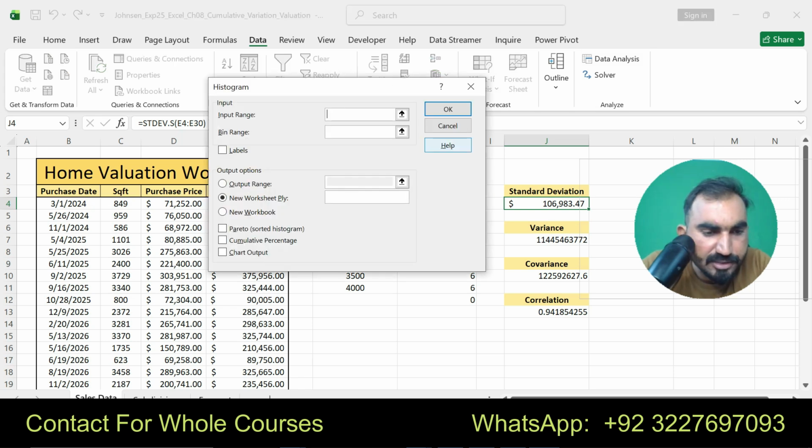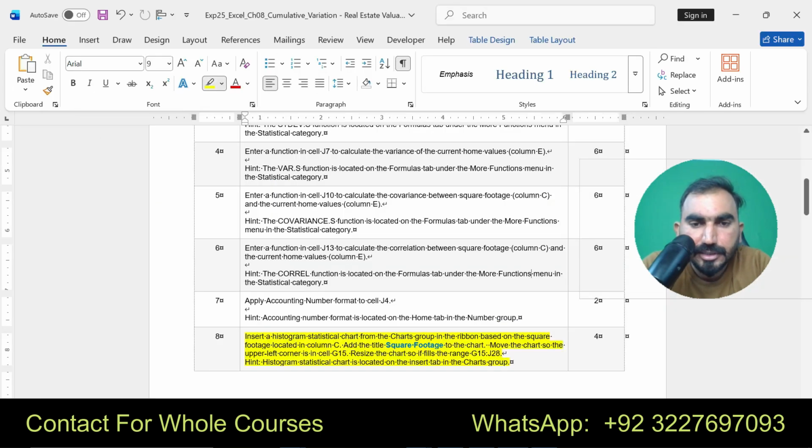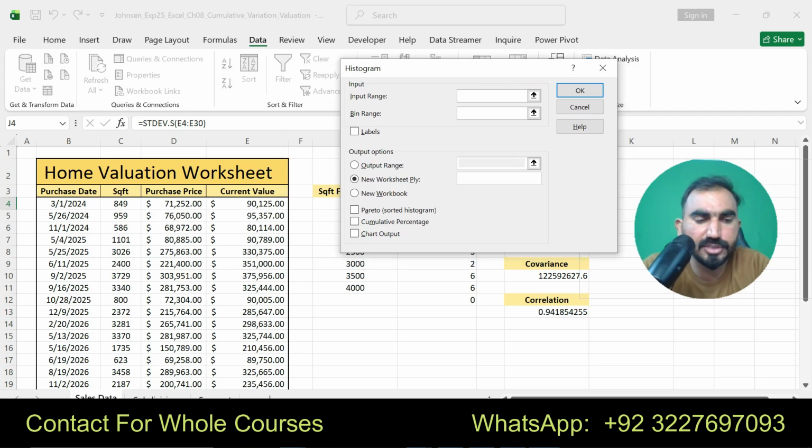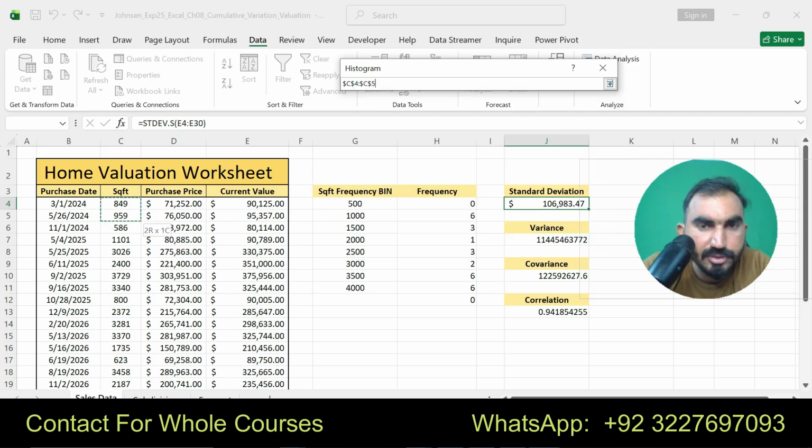I am going to insert a histogram by selecting the input range in column C. Here you can see C4 to C30.